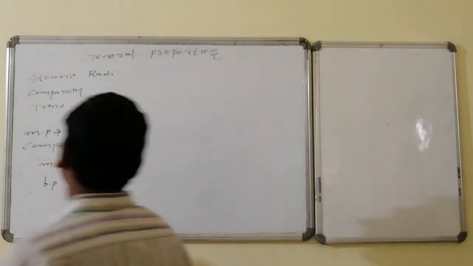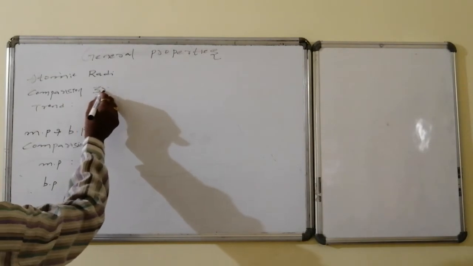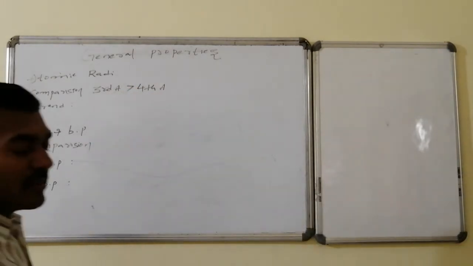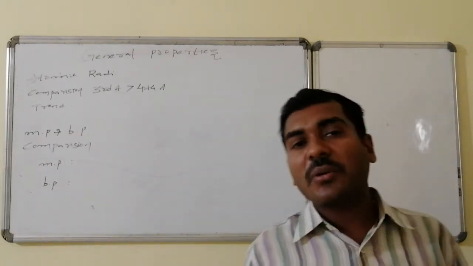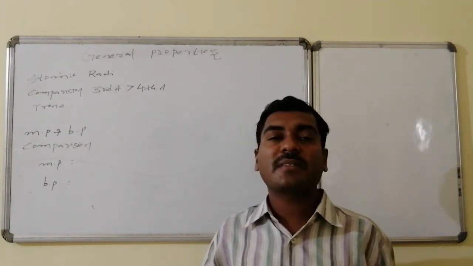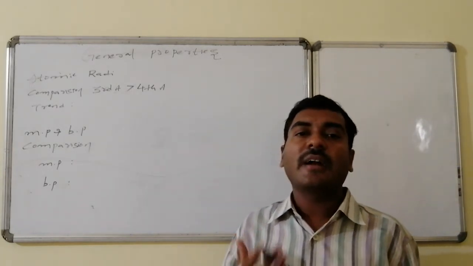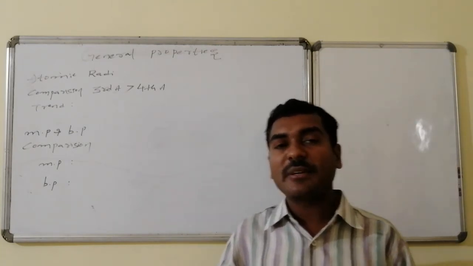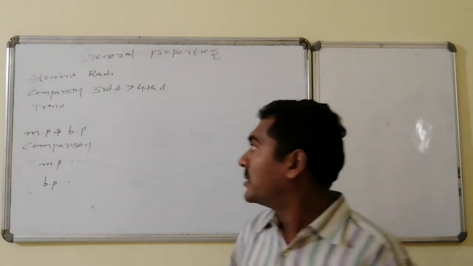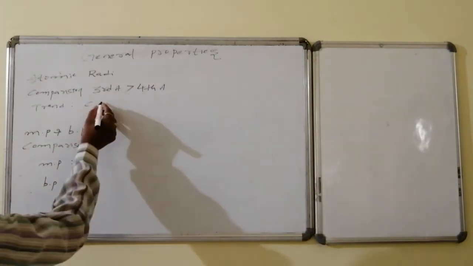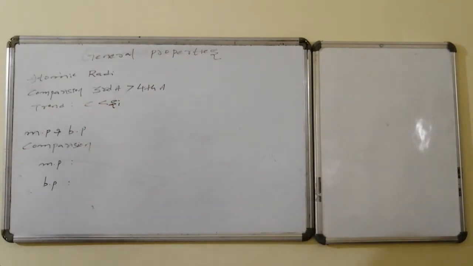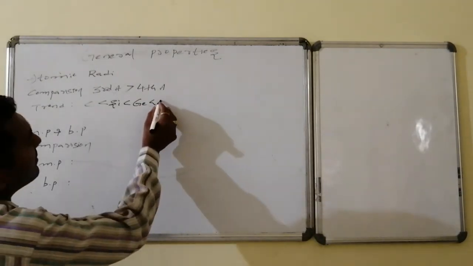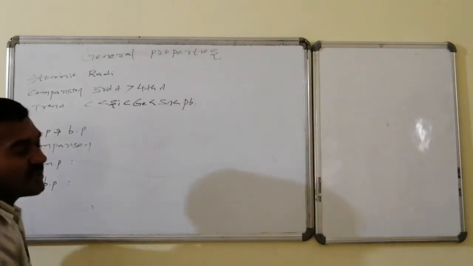atomic radii. Thus, for comparison, this is third A and this is fourth A. Atomic radii of fourth A will be smaller compared to the third A. Moreover, if you go for the trend, atomic radii depends on the number of shells. As the shells increase, the distance present between the nucleus as well as the outer orbit increases. So therefore the trend is, compared to carbon, silicon is having higher atomic radii, compared to silicon, germanium is having a higher atomic radii, and further tin, and the highest atomic radii is present for lead.